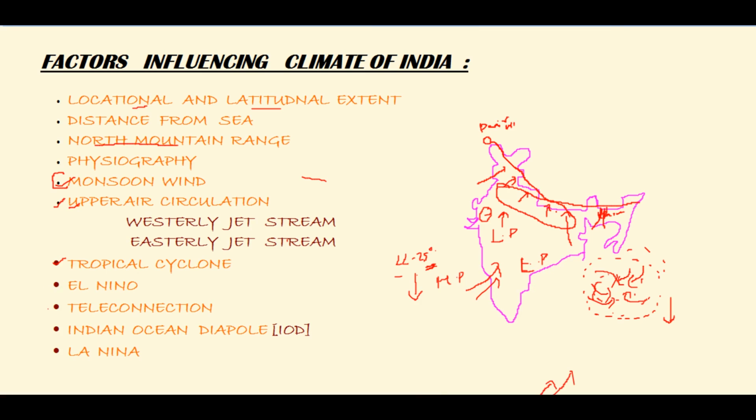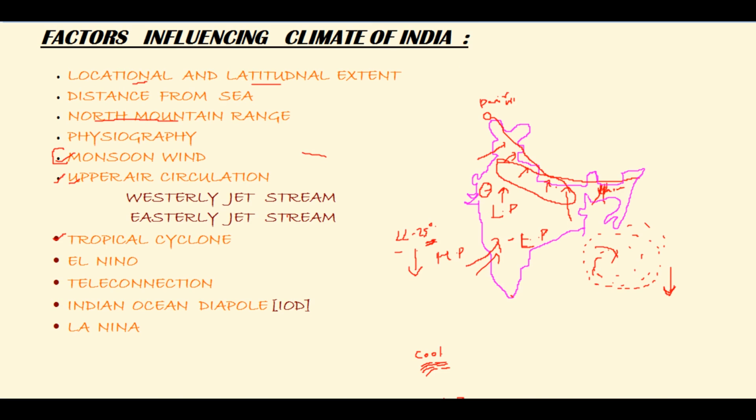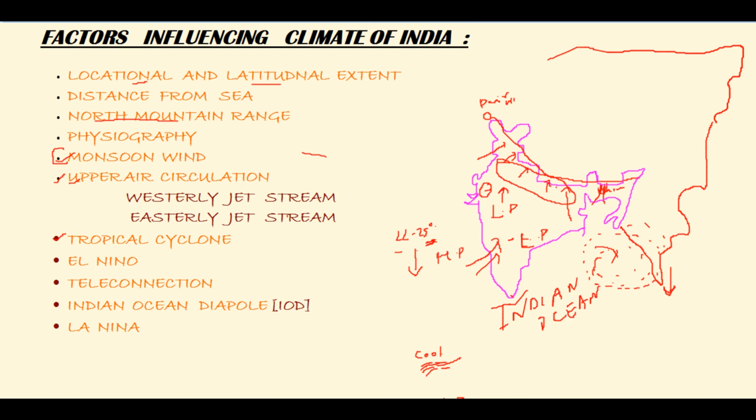The other one is teleconnection. This is basically about the IOD, Indian Ocean Dipole. So this is India, and from here you will see Vietnam and other countries, Russia. So what is this IOD? Here is the Indian Ocean, this part is the Indian Ocean, and this is Australia, and this is the Pacific Ocean.